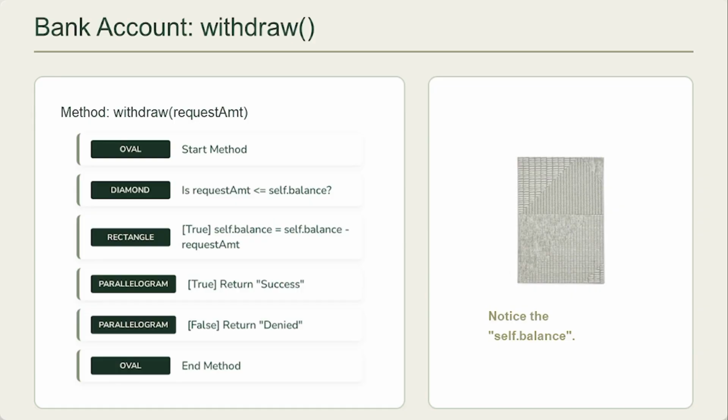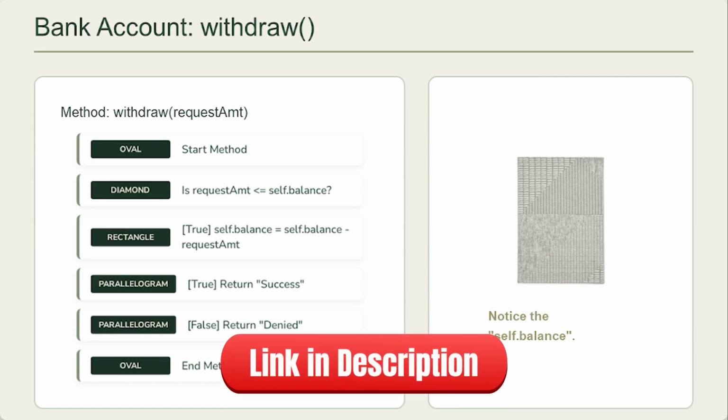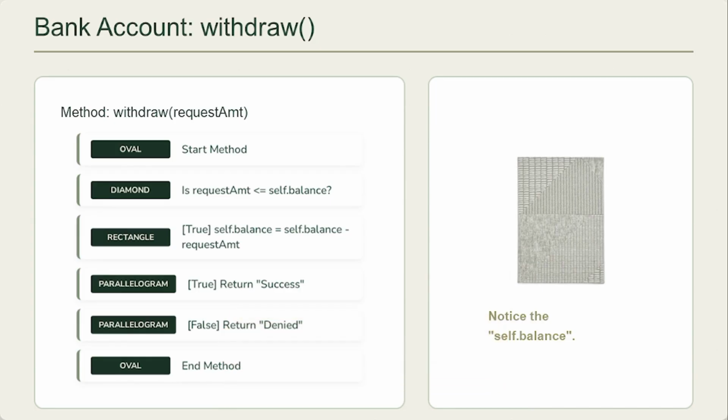Understand that whatever flowchart I am showing right now on the screen, these are just to make the language more clear, the flow more clear, and the shapes also to be clear. I have written the shape before the statements. So the actual flowchart does not look like this. There is a document available in the description which you can open, and you will find the exact flowcharts of the same problems.